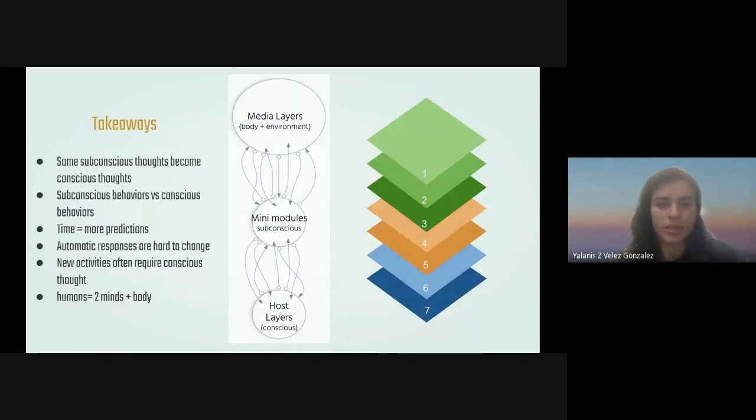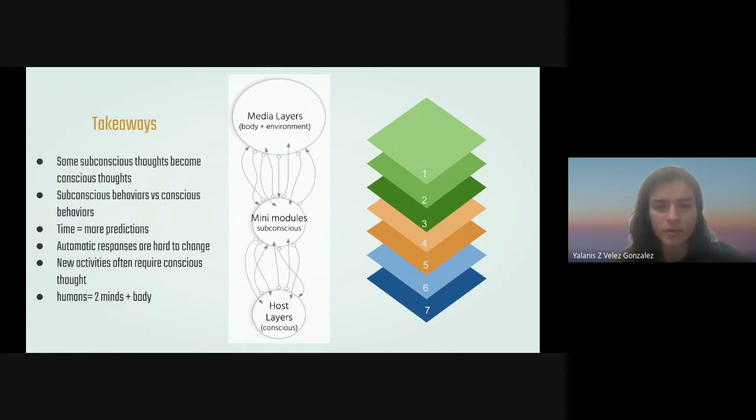And so another really important thing that I want to show you is that the flow of information can go from the media layers to the host layers, or from the host layers to the media layers. So whenever we hear a sound and we hear this bird, that reaches our consciousness. So that means the information went from the media layers into our host layers. And then if our host layers decide that we're going to get up and take a look at the sound and see if we can find the bird, our host layers send that information into our subconscious, and our subconscious communicates with our body, and we stand up and we go outside.